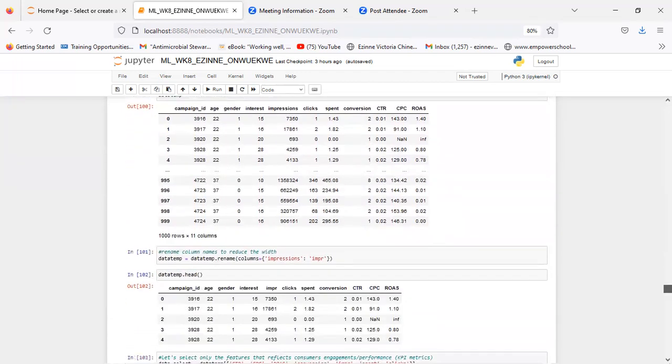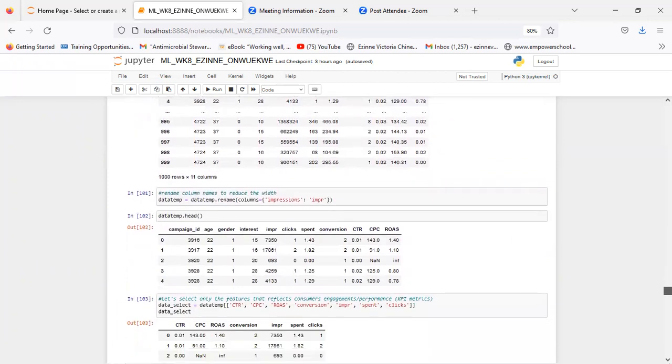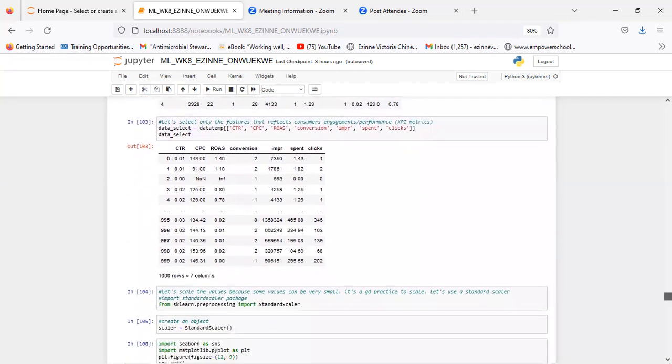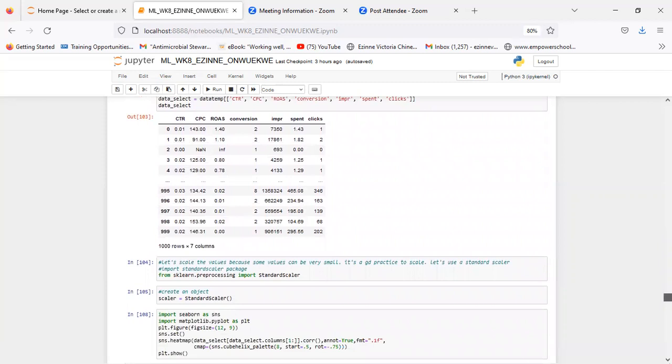So what we did next was to rename some of the columns, just to clean up the table again, to make it look smoother, and then select only the features that reflect consumer engagement, the KPI metrics that we're looking for, like the CTR, the CPC, the return on ad spend, the conversion, impressions, spend, and clicks. These are the ones. So things like gender and age are not really KPI metrics. So we drop them at this point, not to carry the excess columns around. So we scale the values because some values can become small. So we imported